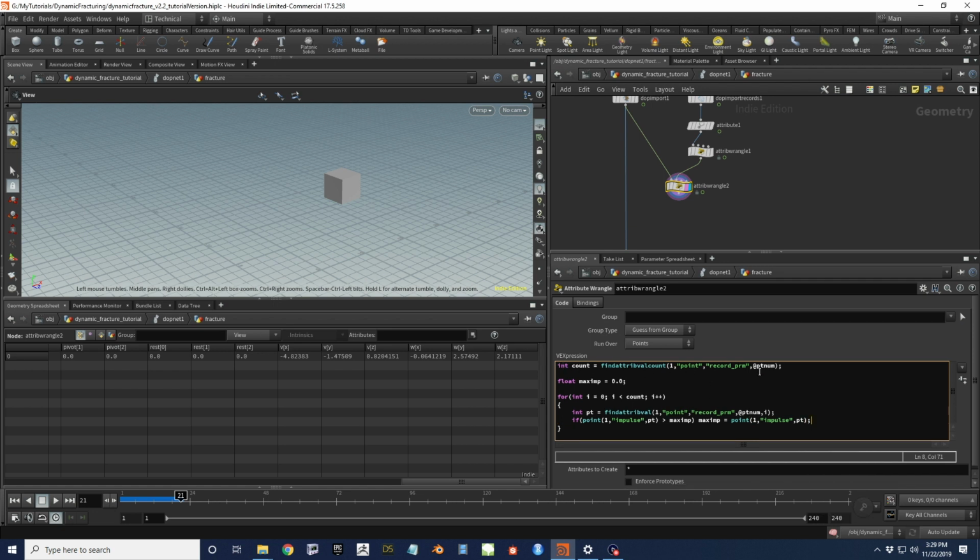So again, we're going to find all of the matching entries, we're going to iterate over them, and then each time we're just going to see: is the current value for impulse greater than our aggregate here, our accumulated, our current maximum? If it's bigger, then we're going to reset our current maximum. So by the time this loop ends, this value will be storing the highest impulse we've found. So we just want to set that